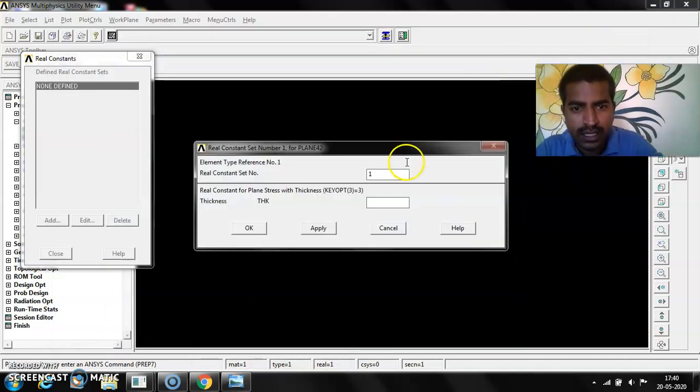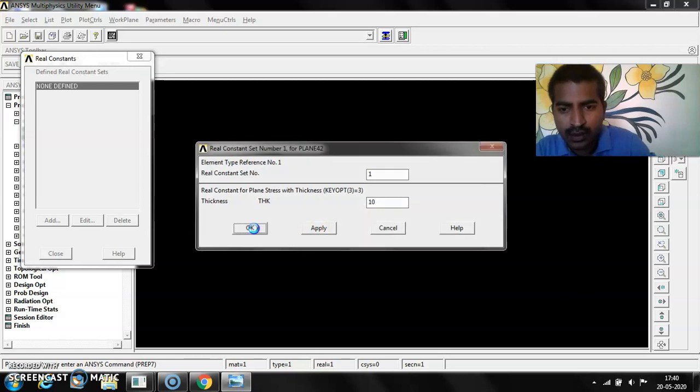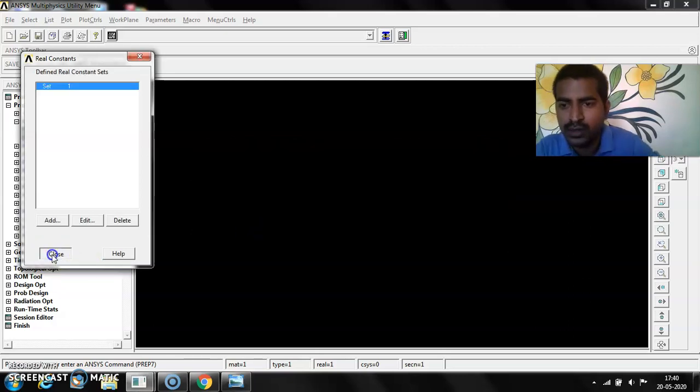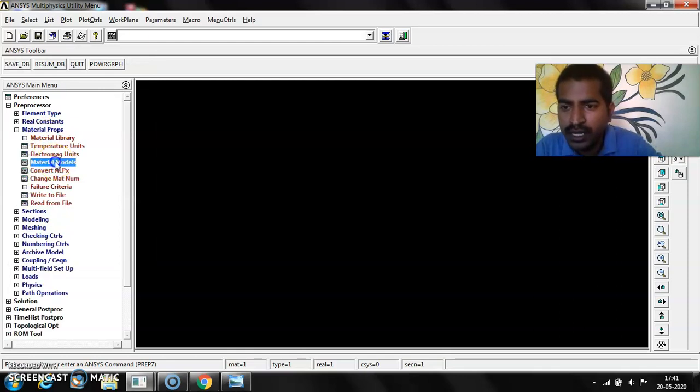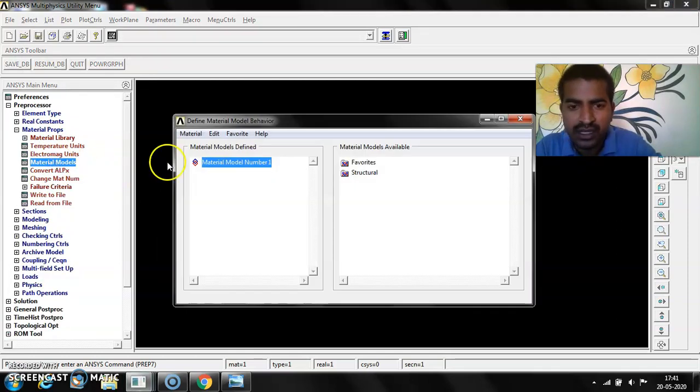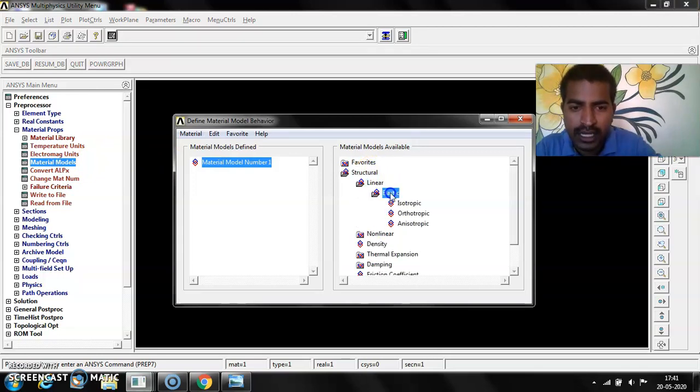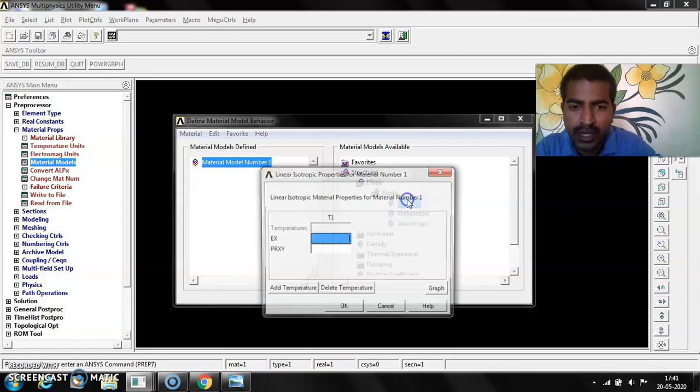So here thickness is 10 mm. So mention 10 mm thickness and say OK. Then just close it. Then go for material properties and material models. Here it is structural, it is a linear problem, elastic in behavior, isotropic in nature.